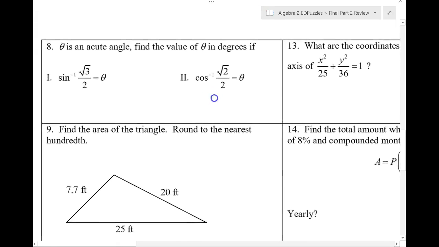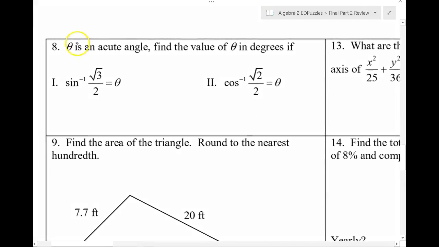All right, so now, number 8. Theta, which is some angle, is an acute angle. Remember, an acute means less than 90. Okay, it's less than 90 degrees. Okay, find the value of theta in degrees if the inverse sine of this value is equal to theta. So, in other words,